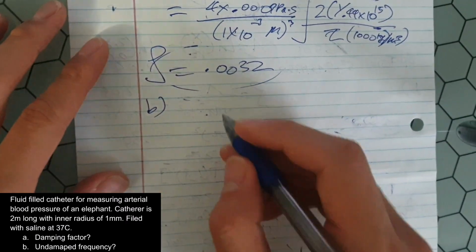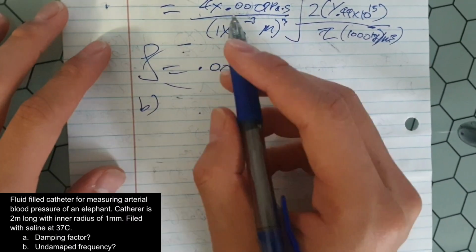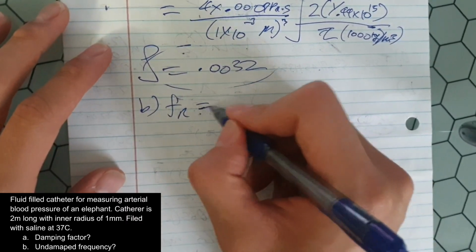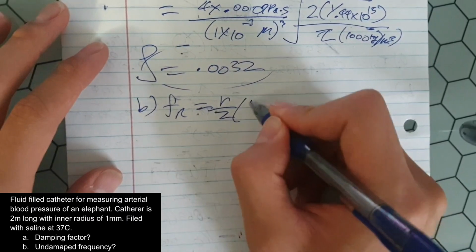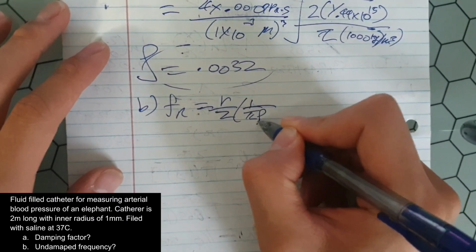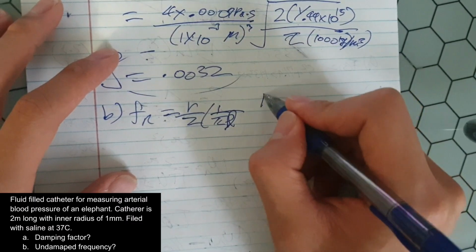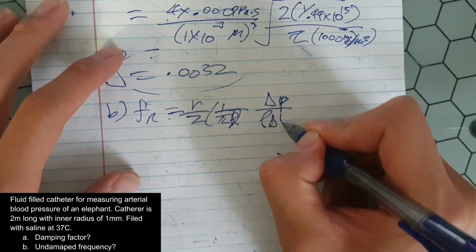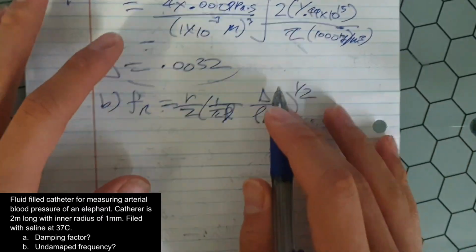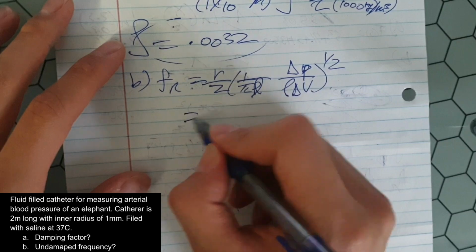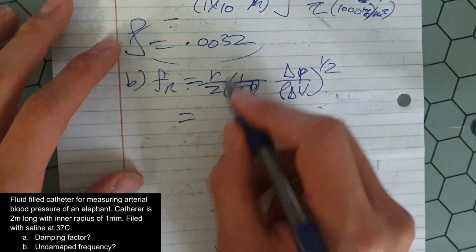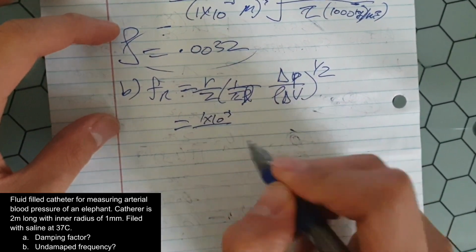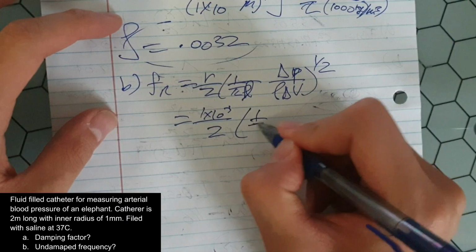And second part, what's the undamped resonant natural frequency, which is R over 2 pi length, and delta P over the density, delta V, all square root of that. So if you put the actual numbers in, inner radius of 1 millimeter, 1 over